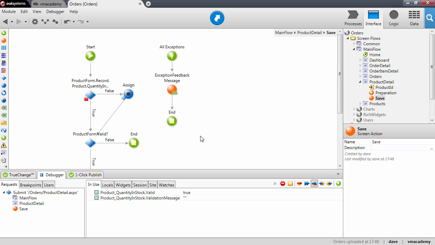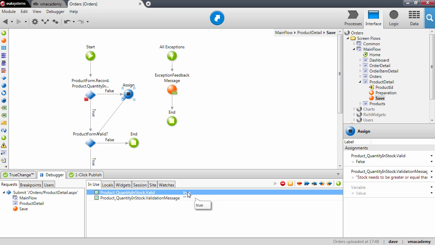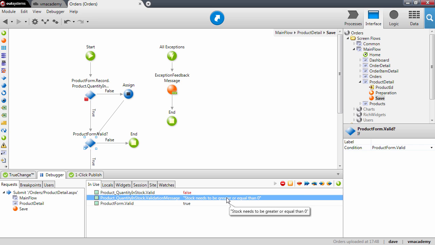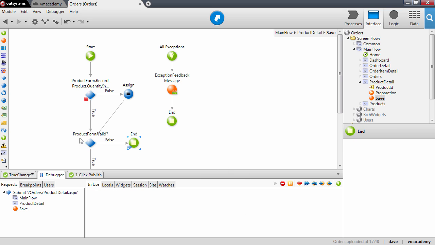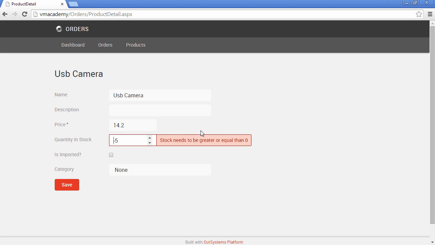So this means that we're going to set the valid and the validation message properties of that input. Take notice that it is now a valid input. It is a valid input because it validates according to the mandatory property and data type. And we are now going to set these to false based on our logic here. So let me just step into, and the valid becomes false. Step into again, we have a validation message. Now, we step over, and you'll notice that the form valid property is no longer true, it's false. It means that we will stay on the page and we will see the message that we just typed in